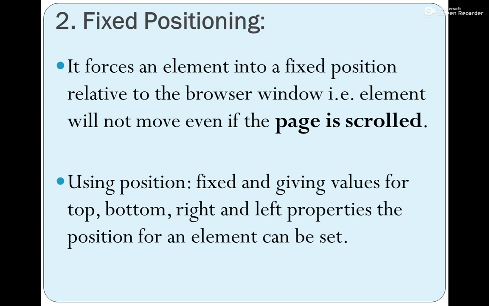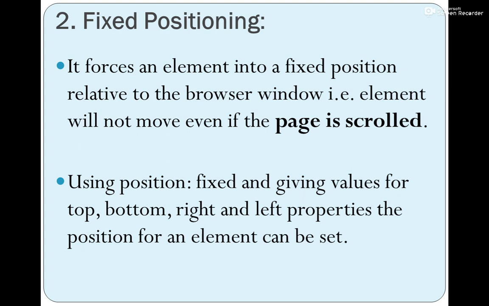Now, for giving the position for an element or to fix that element at some place, we need these four different properties: top, bottom, right and left. Now see, if I have to place any element in a web page, either I have to place it some pixels down from the top, some margin from the left, or maybe from the right side I want to calculate how much distance we have, and the same thing we can calculate from the bottom. Means from all four different directions we can give some values.